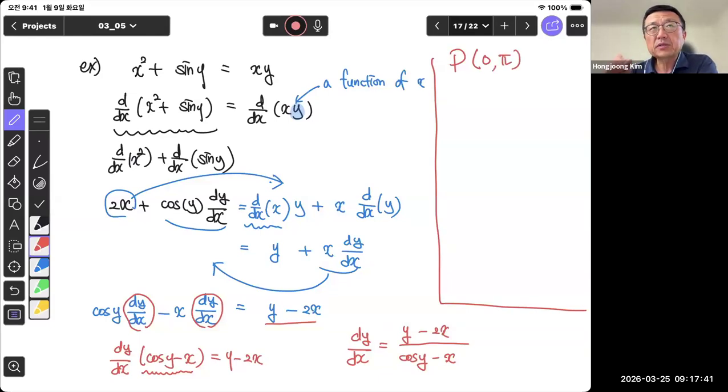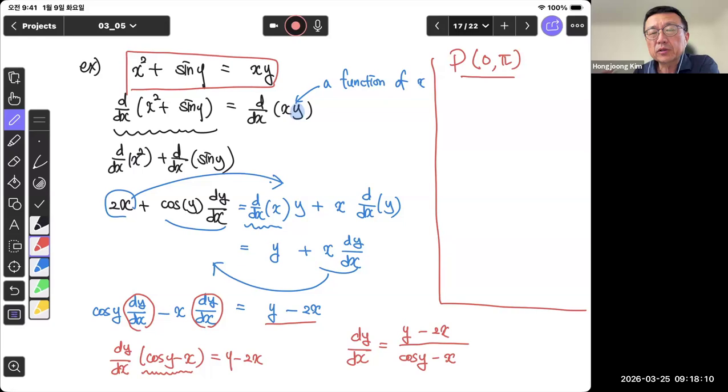So when x is 0 and y is pi, x squared plus the sine y will be 0, and x times y will also be 0. So this P is on the graph of this relation, right? And given this P, if I want to find the tangent line,